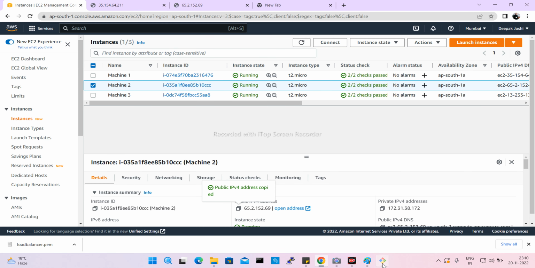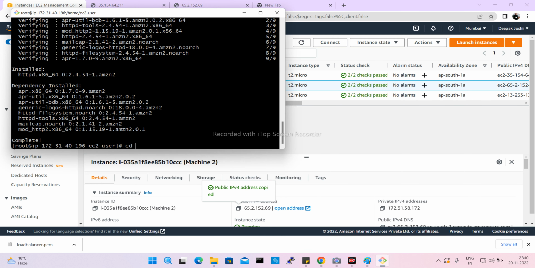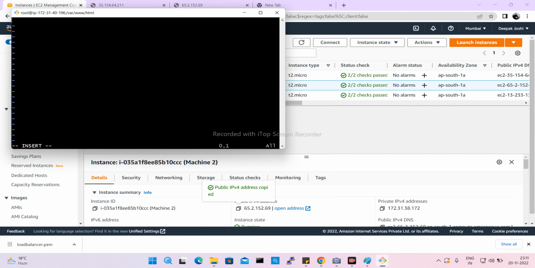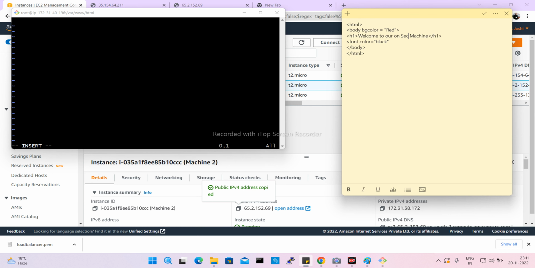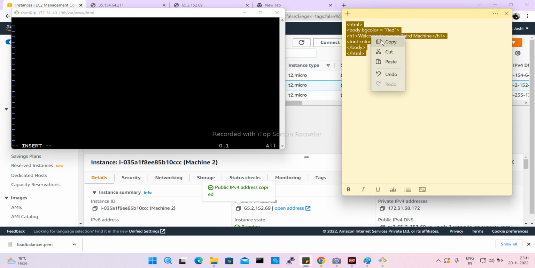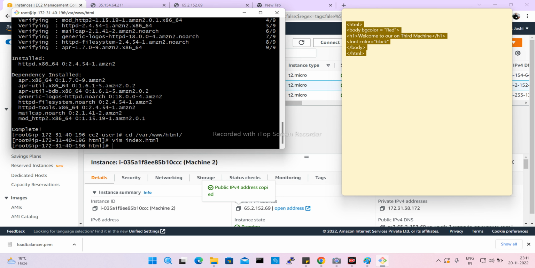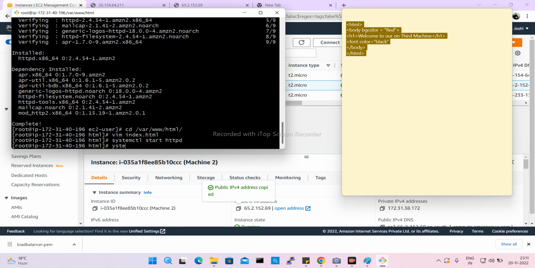The same thing we have to do for our third machine also. Here we will go to our root directory, /var/www/html. Then we will create one index.html in the Vim editor. Here I will press I to enter insert mode, and I already have this script. Instead of second, I will put third machine. So this is going to be copied, and here I will paste it. To come out, press ESC, colon, wq, and here again systemctl start httpd,